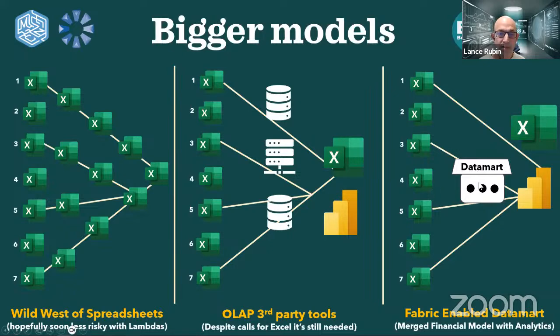But actually what this is doing through Fabric is enabling you to use all of the Azure tooling. The data mart is one example of how you do that, where you start to build and ingest data in tables. Now, the beautiful thing with dynamic arrays, as you saw with Jeff and with what Craig was showing, is there's tables already structured. So you already have structured tables. So it really makes it easy.